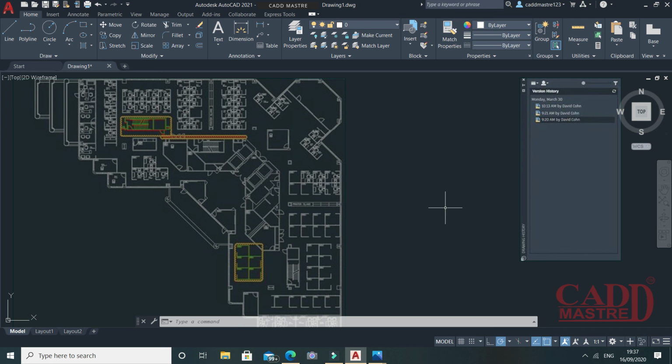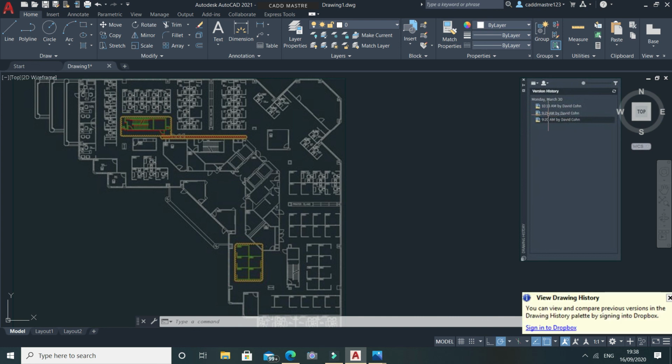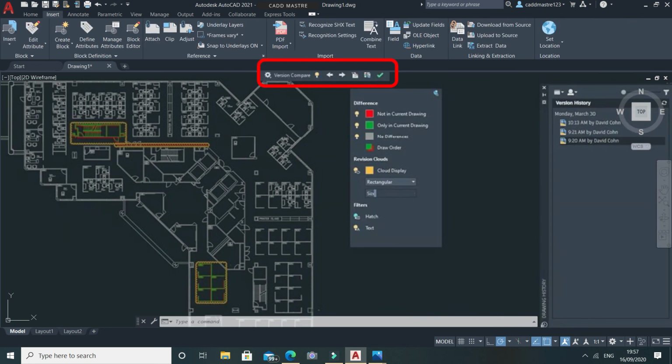To check the changes of the current drawing against a previous version of the drawing, you have to select the drawing from here. So let us consider I am selecting this file. Once you select any file, you will get the Version Compare palette. Here you can compare the current file with saved history files.